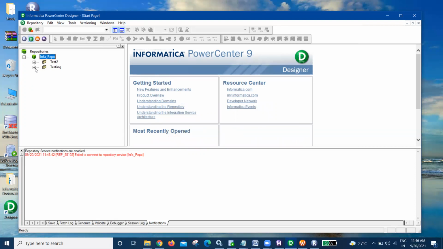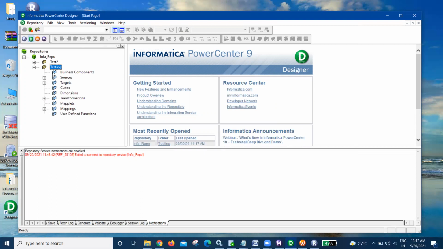So these are the folders. As I told you, we'll go to the repository manager once. We have two folders available. Once you create any folder in the repository manager, you have to give some specific access to the folders. Then the respective user can see, view, and access as per the access roles defined for them. We'll go to that part a little later. So let's concentrate on the components and objects in the mapping designer. So this is about our mapping designer.